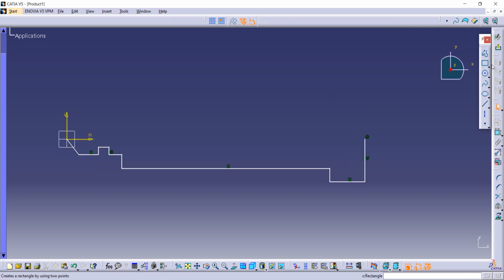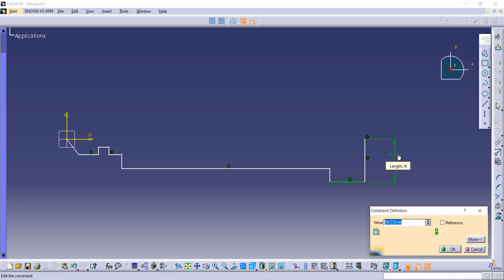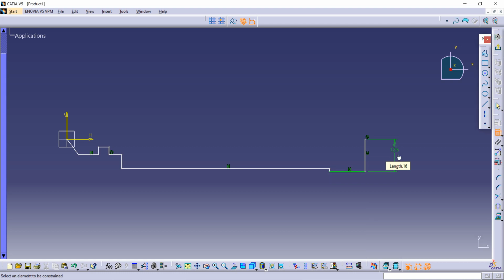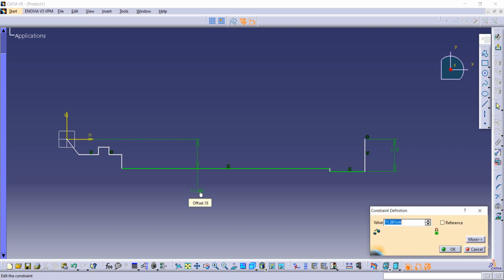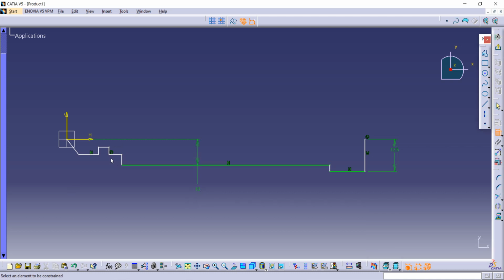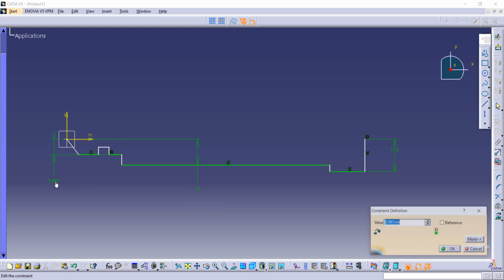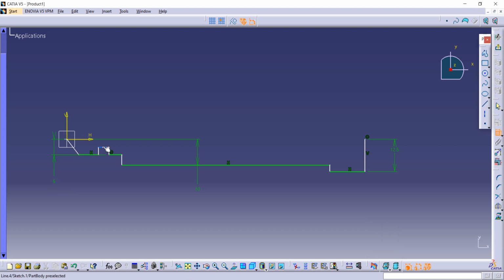Now let's give dimensions to it. So go on constraint command and give dimensions. So first dimension of this is given as 25 divided by 2. After that, distance between this bigger line and the central axis, it is given to us as 10. 20 divided by 2, that is 10. After that, distance between both of this is given as 12 divided by 2, that is 6, and in between